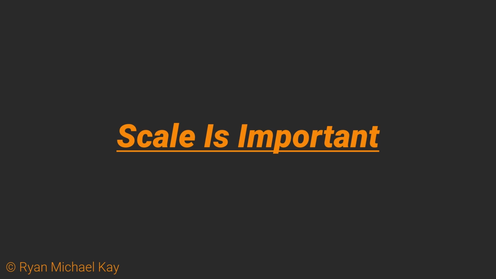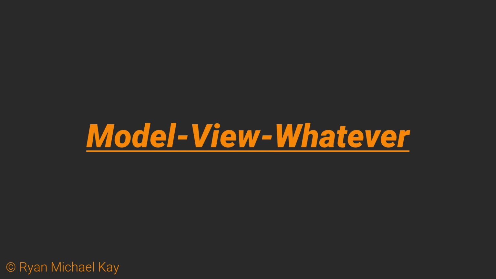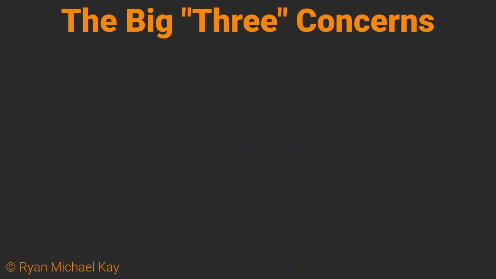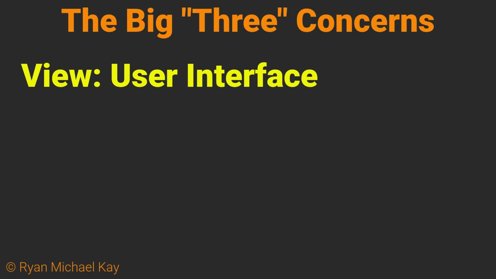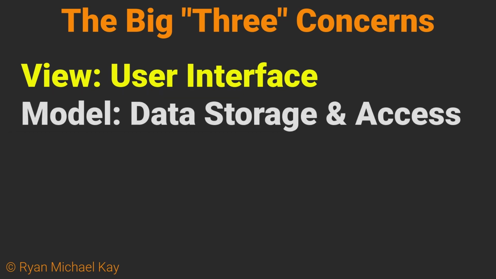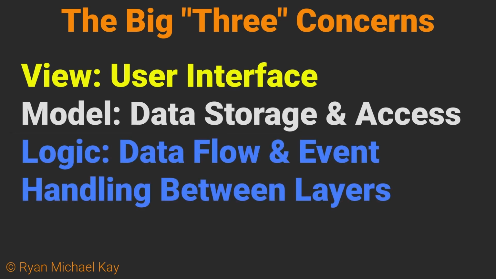stay with me. Just to clarify, the term layer in software architecture has to do with what a given class is concerned with. Every three-layer architecture you have seen represents a fundamental separation of three kinds of code. Code which manages the user interface, or view classes. Code which provides structured storage and access to data, or model classes. Code which coordinates the other two layers in a logical fashion, which I like to call logic classes.